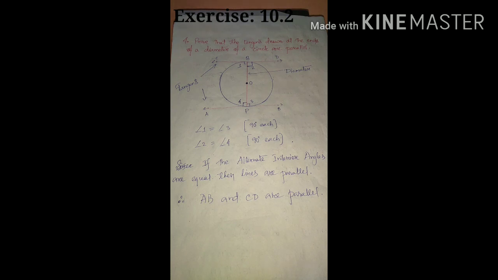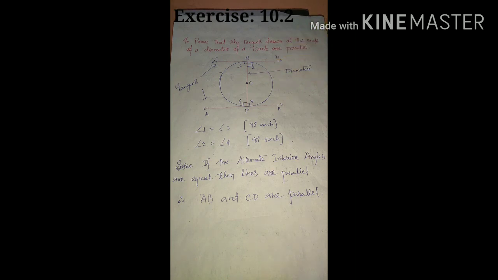So now we need to prove this result. For this, it is a very simple question. First of all we have to draw a circle, and after drawing the circle we have to draw a diameter. The diameter is drawn here in this way, you can draw it anywhere. So PQ is the diameter we consider, and with respect to P and Q, we have to draw 2 straight lines. One straight line is AB, and another we draw is CD.